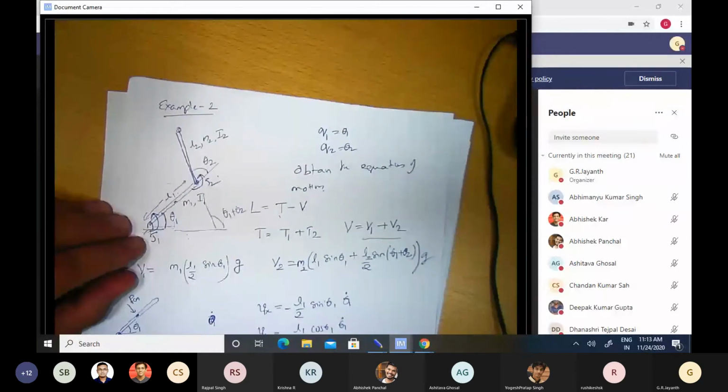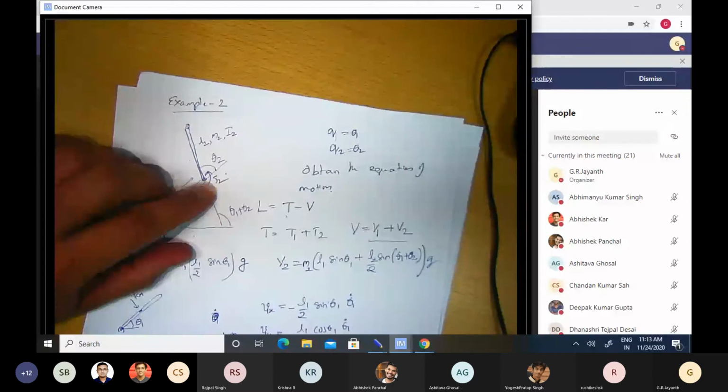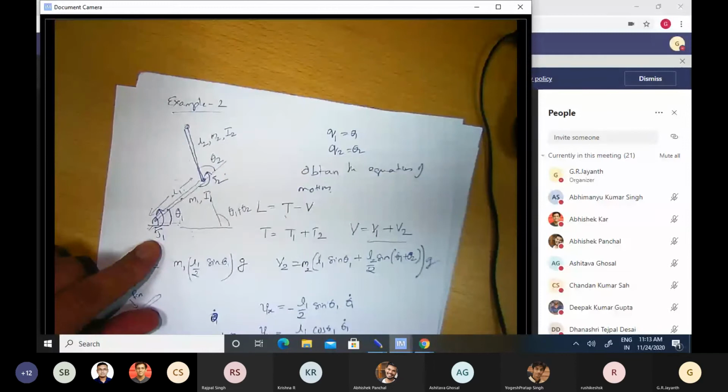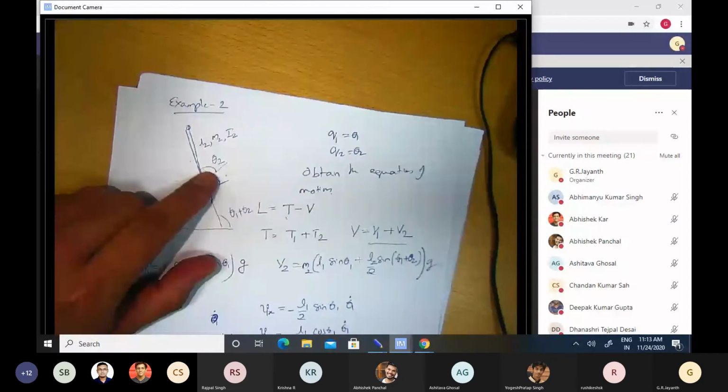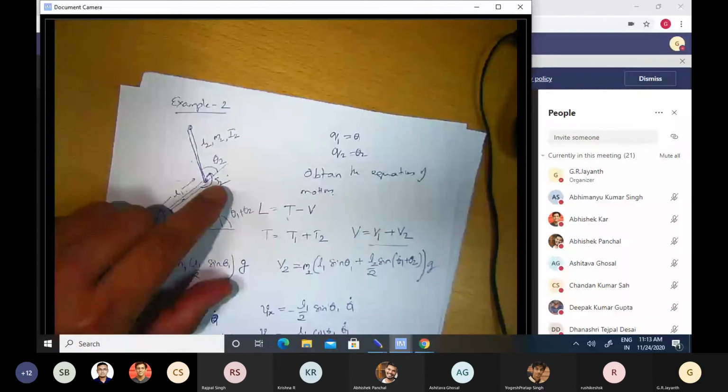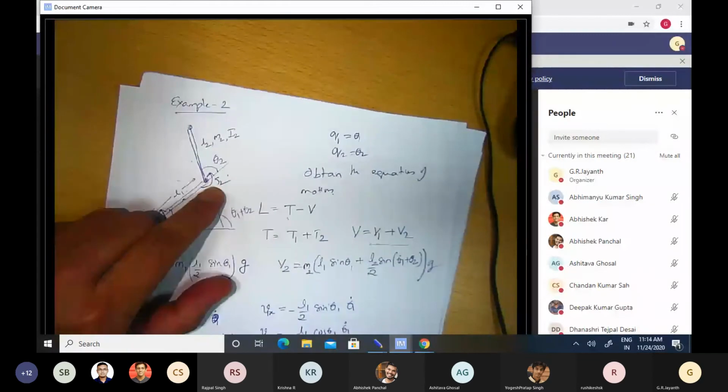So the first generalized force will simply be equal to tau 1, and the work done by τ2 will be 0. Likewise, when I perturb delta theta 2, tau 1 will not do any work, only tau 2 will do virtual work, and therefore the second generalized force will be tau 2.